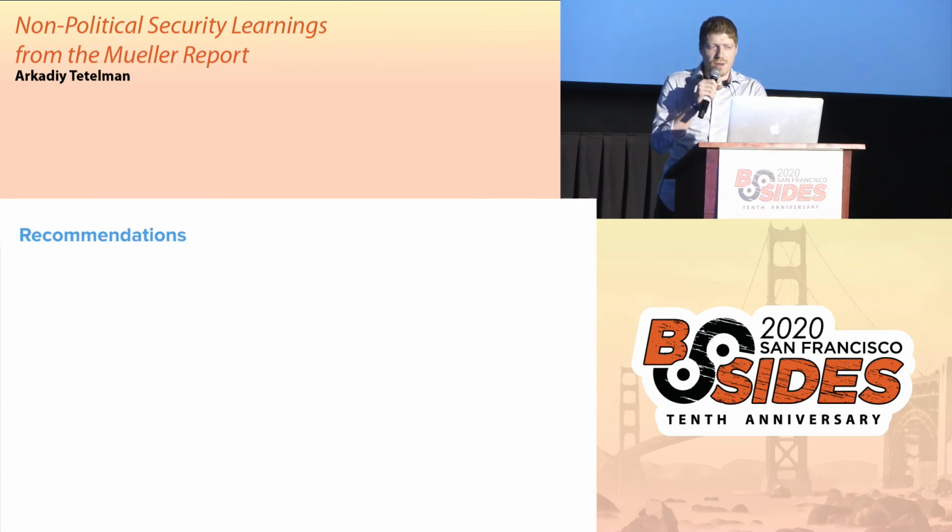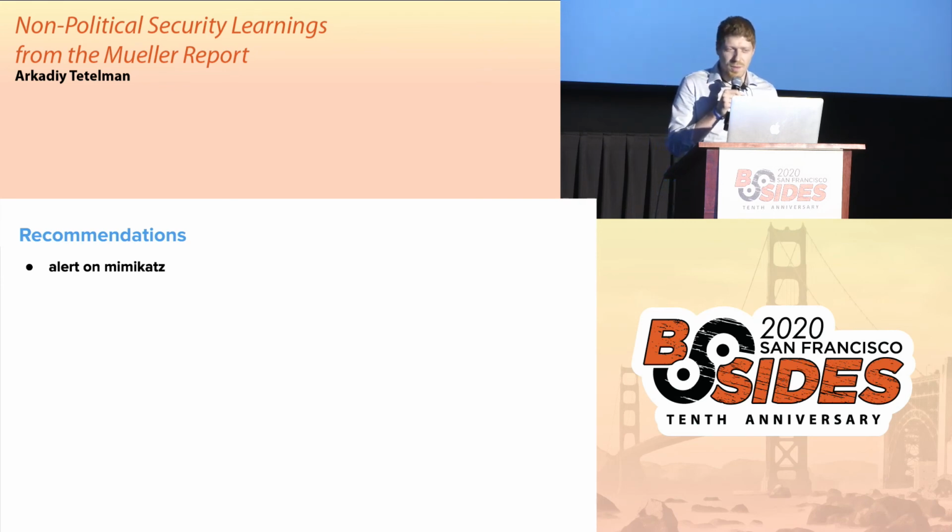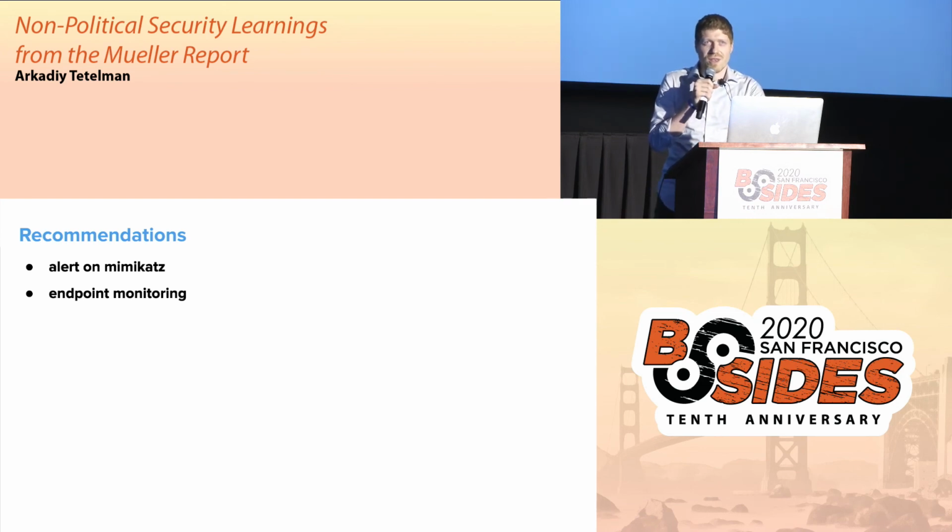So, overall recommendations: alert on Mimikatz. Obviously, there are a lot of things you should alert on, but I think this one is kind of a freebie. If you see Mimikatz on a production host, you should probably be paging engineers. Endpoint monitoring, for sure. There's a bunch of vendors like Carbon Black, CrowdStrike, choose your favorite. It doesn't really matter. Even if you don't have the resources to tune the alerts or manually do investigations, it's fine. If you're even just collecting the audit log data, it can be so valuable after the fact to do historical forensic analysis and say, here are the exact files that were accessed, here are the exact commands that were executed, even if you can't make full use of those capabilities. And if you can make full use of them, then even better.